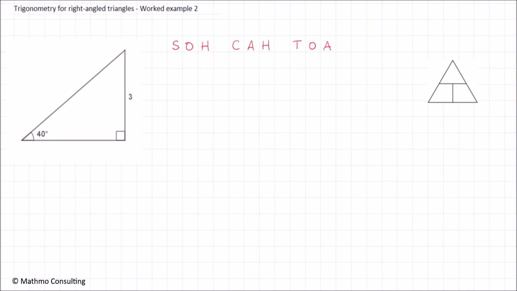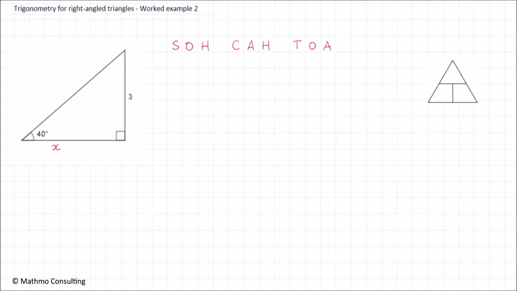Let's look at the next example, which does catch out a lot of students, but if you follow me, you'll see that it's really no harder than the first example. We still have two pieces of information about the triangle, so we can still use trig to work out the other side lengths. So if we wanted to work out the horizontal width of the triangle, which I'll label as x again,